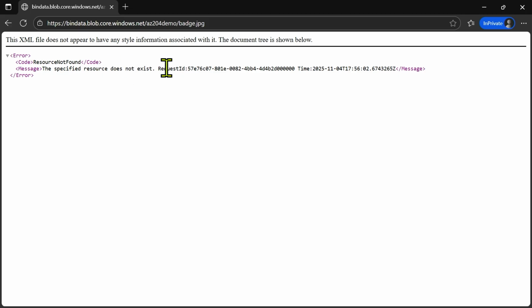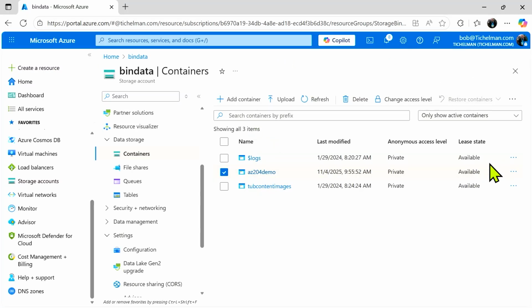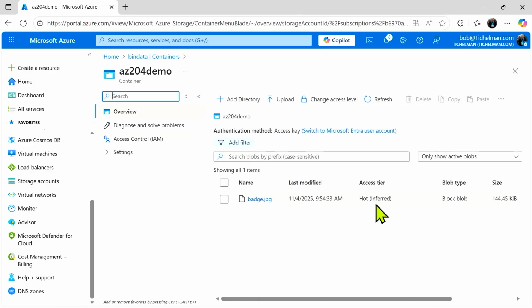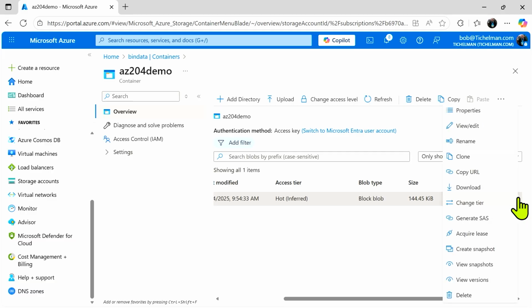So by simply changing the permissions to the container, I'm still using the URL to the object, and now it's restricting that access. So now what I'm going to do is come back into the container, and I want to now generate a SAS token. Now these are going to be talked about in the recordings. So I'm going to create a SAS token